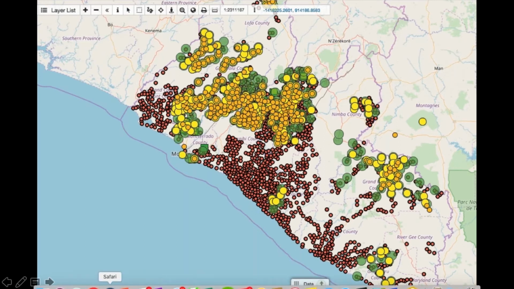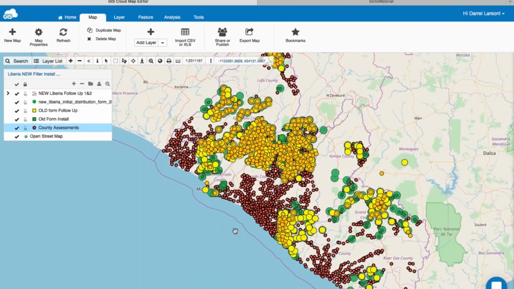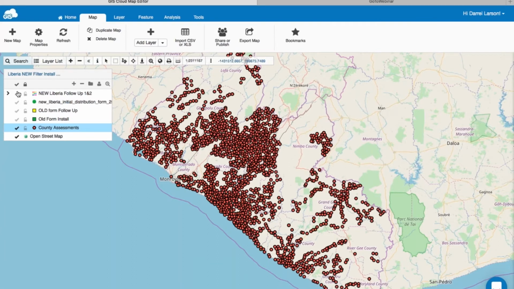I'm going to show you, this is a screenshot, and we're going to take you into a little bit of a live demo of one of the maps. What you're looking at right now is a picture of the country of Liberia. I'm going to switch my screen over to a live shot of this map so you can all see that. And what we have in front of us, you can see all of these red dots visualized up on the map. I'm going to clear some of these layers out so you can see them.